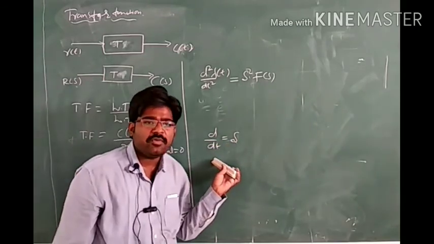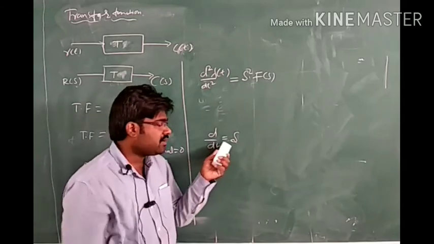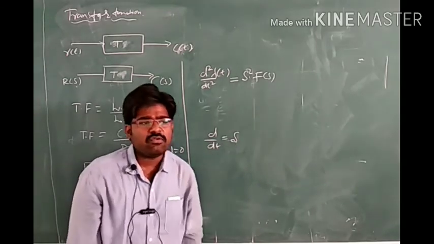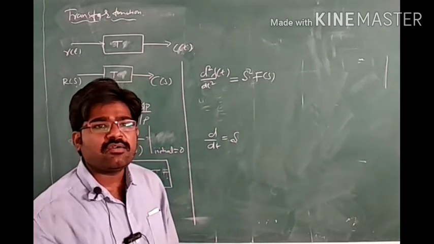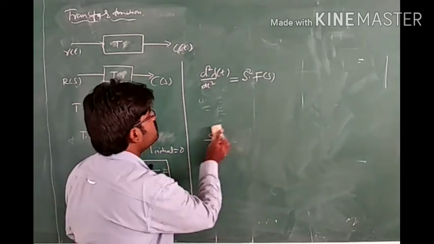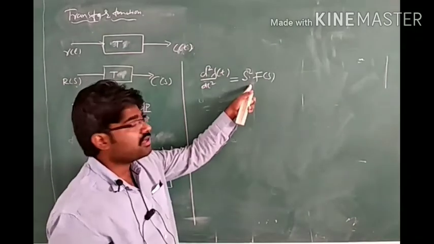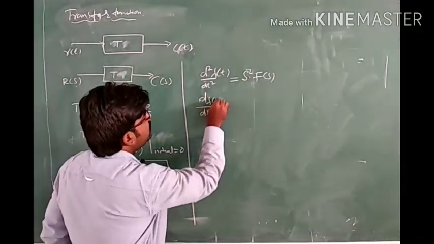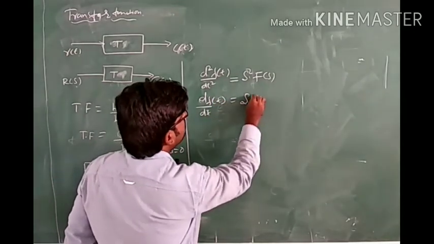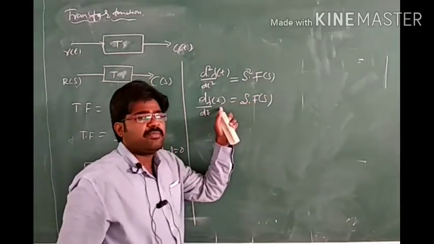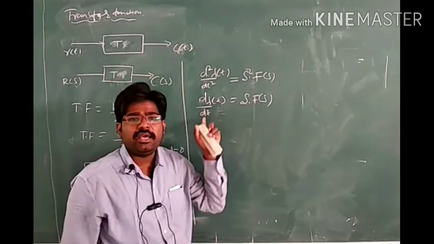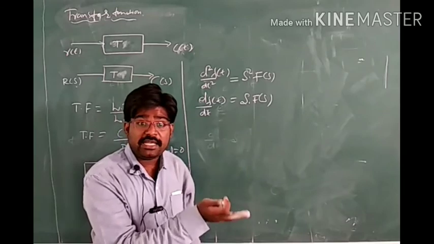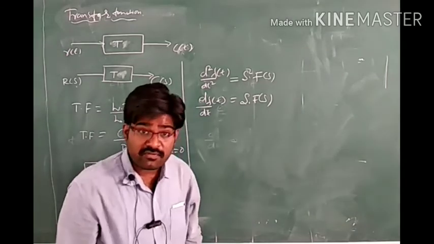This is in terms of time domain, d by dt. In terms of Laplace transformation, it is in terms of frequency, and it will be s. So we have to consider that d by dt is equal to s. Here d square is there, that is why we will write s square. Similarly, d by dt of f of t will be equal to s into F of s. F of t's Laplace transformation will be F of s, and here only single differentiation is there, d by dt is nothing but s. Okay, this is the Laplace transformation of differential equations.